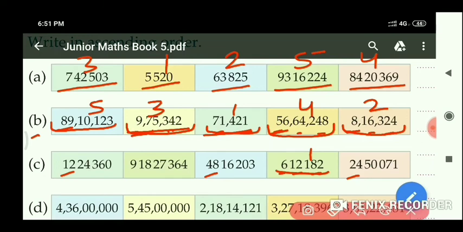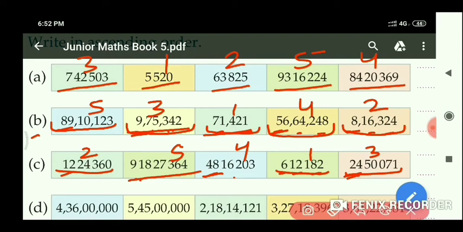Which one is the smallest? 12 is smallest. So the second will be 12 lakh 24,360 only. And the third one will be 24, because 48 is bigger than 24. So 24 is smaller. Then after, in both these numbers it is given up to 10 lakh, so 48 lakh will be fourth, and the last one left is 9 crore 18 lakh